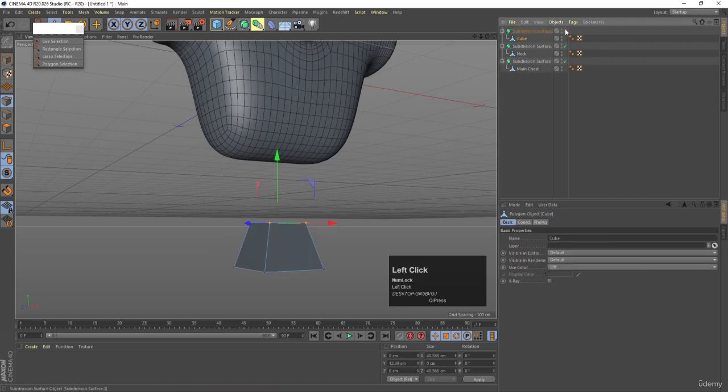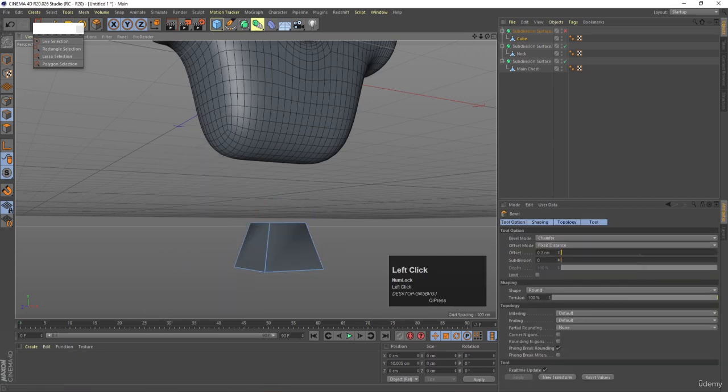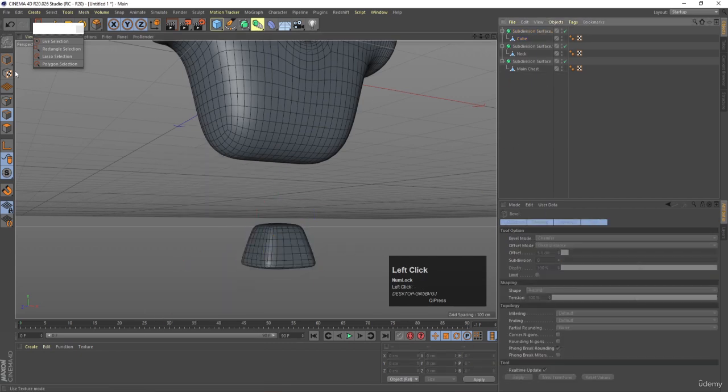Now select this cube, select those edges, hit Ctrl A, right click, choose bevel and increase the bevel, and then enable subdivision surface, so you will get something like this. Okay,